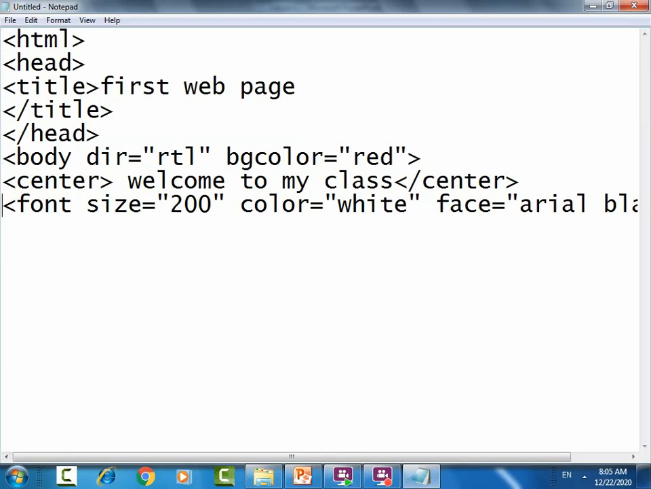I open the tag font, then I will write it down inside my font. I love my school. I will close this tag font. After that, I will open another one, P